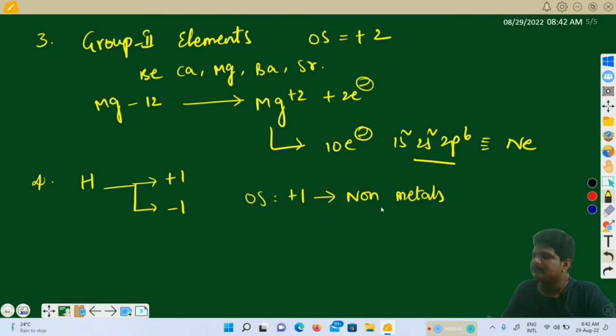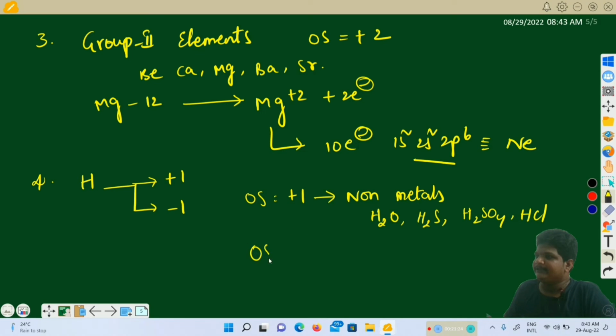Okay, so non-metals. If you consider H2O, when hydrogen is bonded to non-metals, it can exhibit a +1 oxidation state. Here we have hydrogen, and this hydrogen will have a +1 oxidation state. The same applies in the case of H2S, H2SO4, or HCl. Whatever the compounds or molecules that relate hydrogen with non-metals, they can show a +1 oxidation